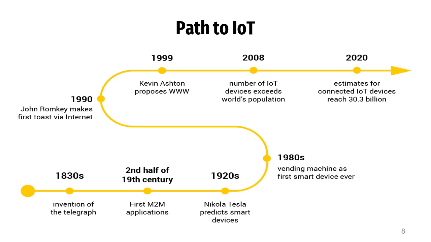However, it was not until the 90s that the term IoT was first used by a British technology pioneer named Kevin Ashton. You see there. In the early days of IoT, most applications were limited to industrial and military settings,